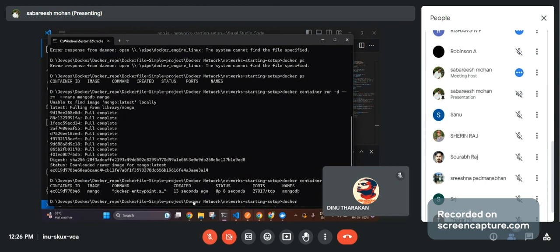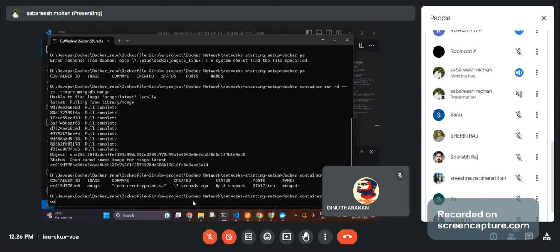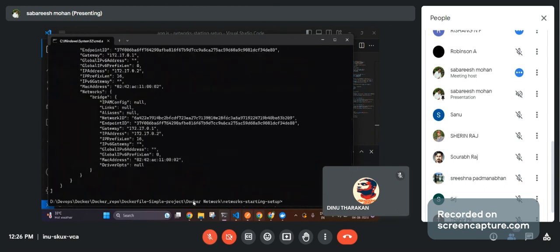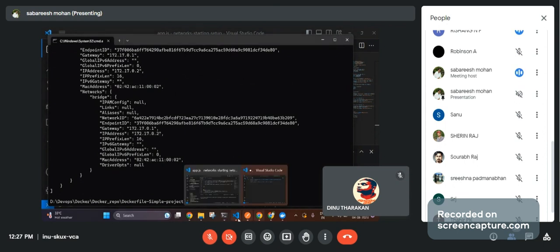Docker container inspect, container name, that is MongoDB. And here you can see the IP, right? So what we do, we'll copy this IP now and then go and modify our code.